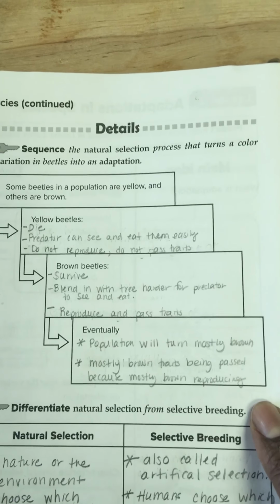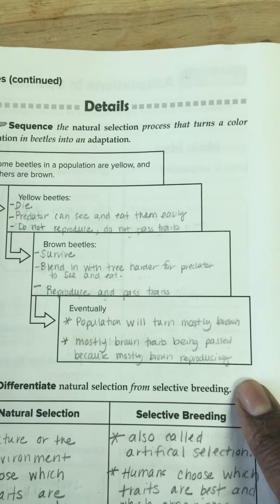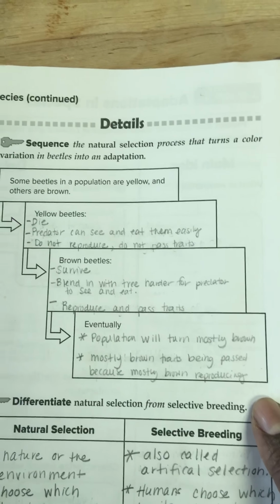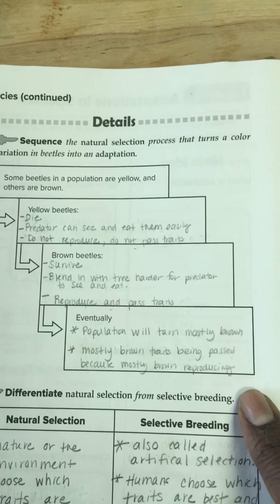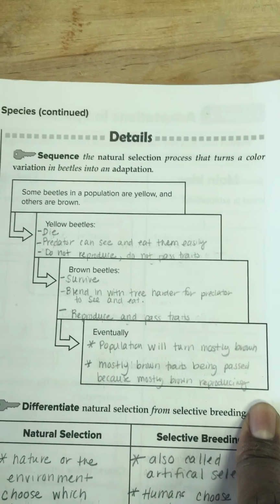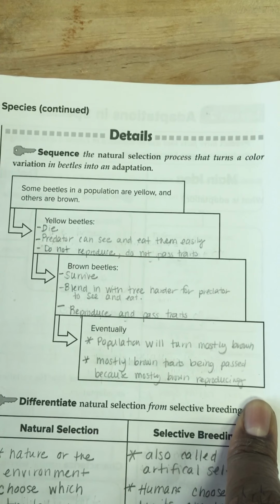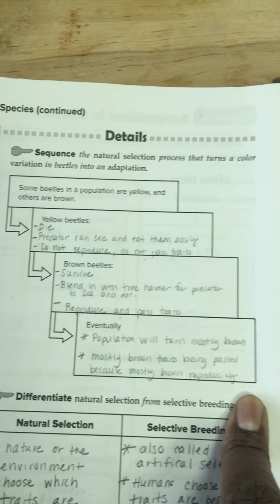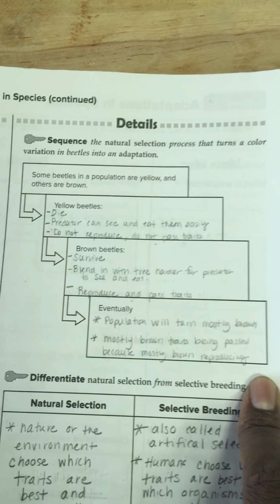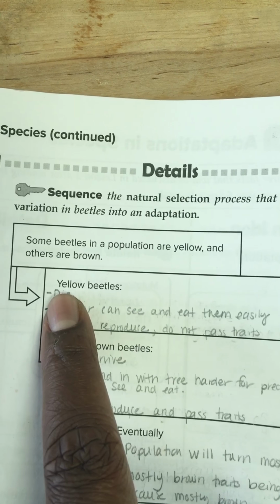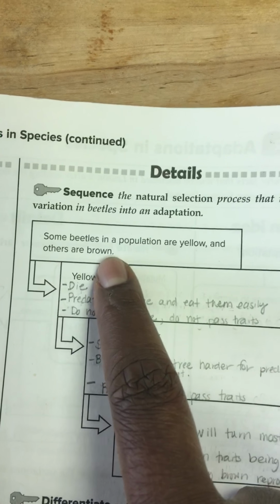So for example, we would all be the population of Abu Dhabi, but my sister who lives in the United States, even though she's a human, she actually doesn't live in the same place as us. So she wouldn't be in our population. So you see the population of beetles and you see a predator, which is the bird, who eats the population of beetles. But it only eats more of a certain kind of beetle, and that's the yellow beetle. So some beetles in their population are yellow and some are brown.